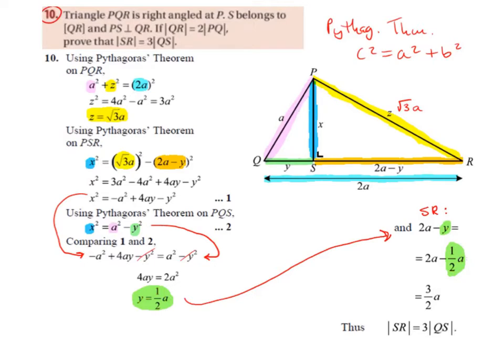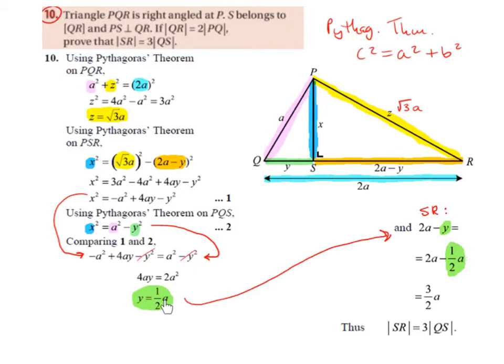We can cancel out the minus y squareds on both sides, and we have minus a squared, and we can bring that over the equal sign and it becomes plus a squared, and a squared plus a squared is 2a squared, and then we have the 4ay on the left hand side. So 4ay is equal to 2a squared, and then dividing across by 4a to get the y on its own, we get y is equal to